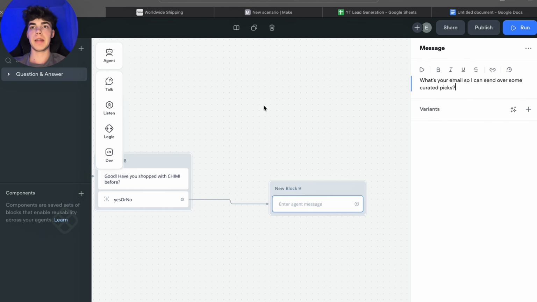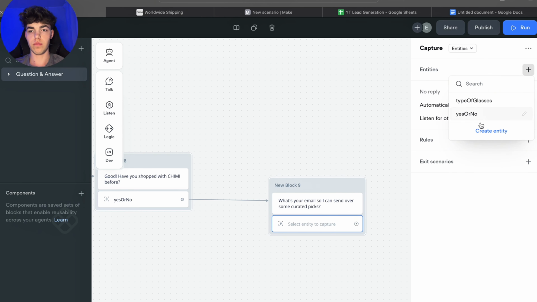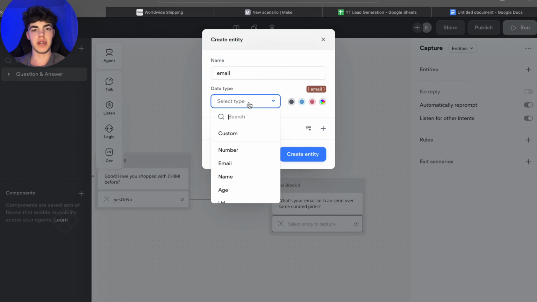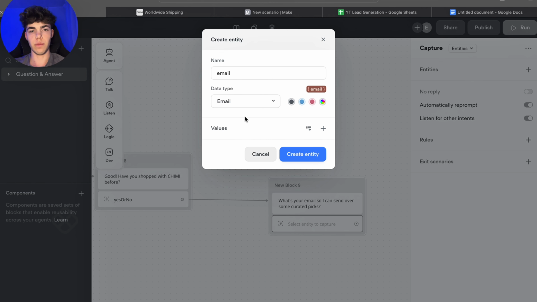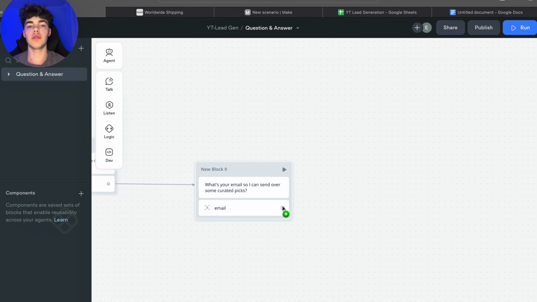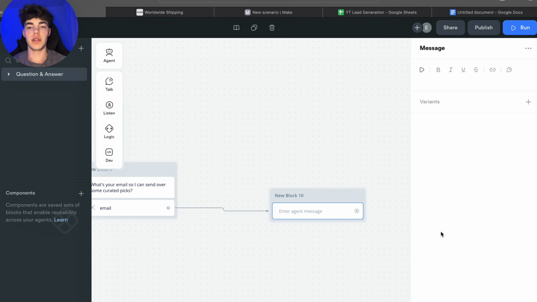Okay, and we're gonna again create a new entity, name it email, and this time we're not gonna use custom, as Voiceflow already has an entity for email. It is gonna find the email and save it into this variable. After it provides us with his email, we're gonna say something like,